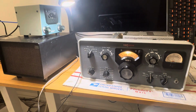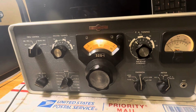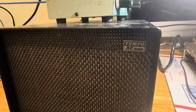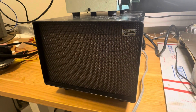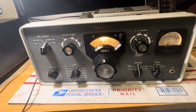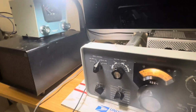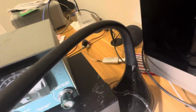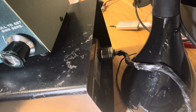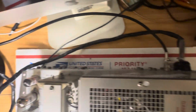Hello friends and followers. Well, here's the Collins 32S-1 transmitter running on the Tempo Power 1 power supply. I wanted to put up a demo showing this power supply running a Collins transmitter. So here we go. You can see that this power supply, of course, is plugged into the power down here. Here's the power cord that I handmade on the power supply in the back here. You can see it plugged into the back of the power supply and leading into the back of the Collins